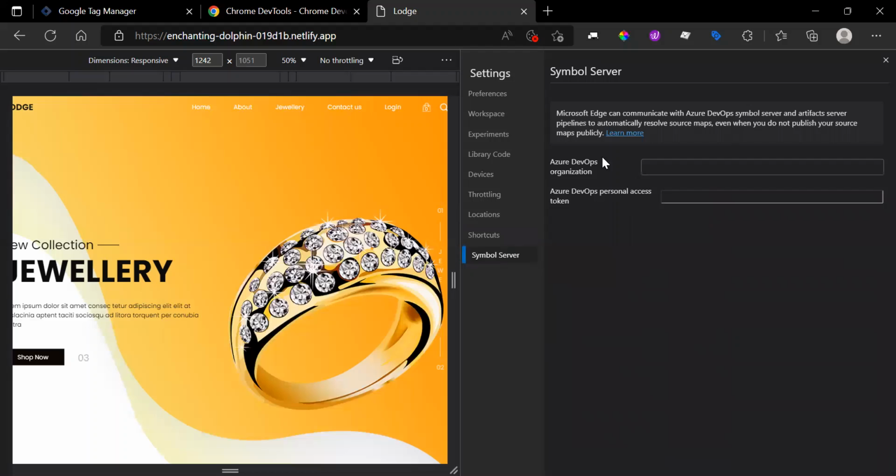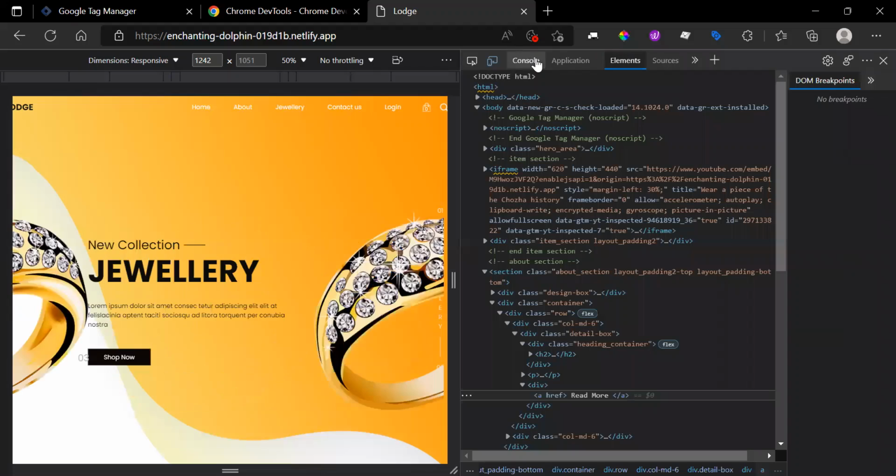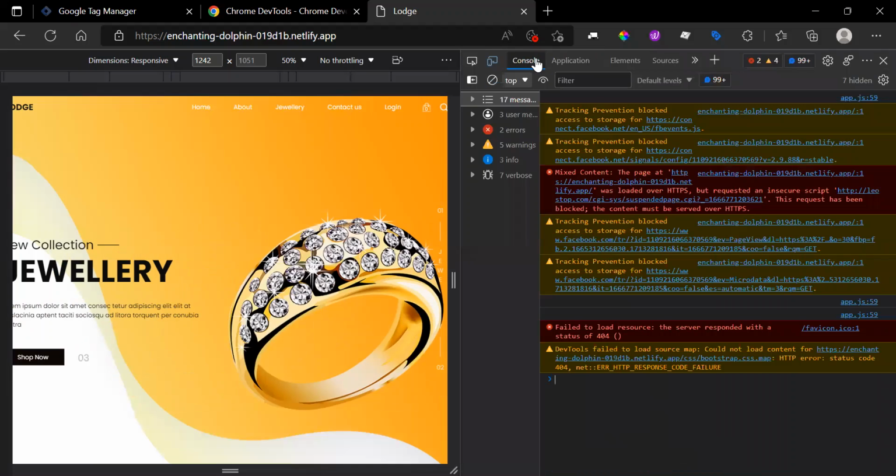Then there is symbol server. We can pass the Azure DevOps organization token here, and the personal access token needs to be passed here as well, and you can use it. Then after this, if I show you the console,